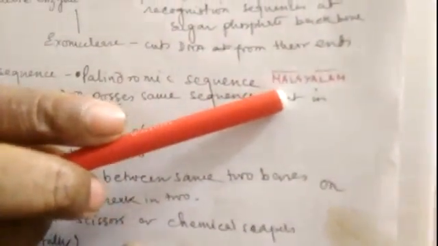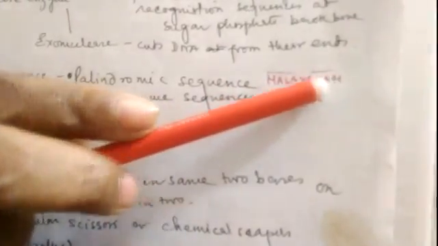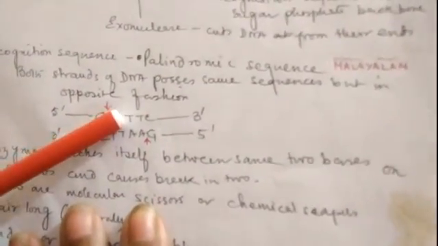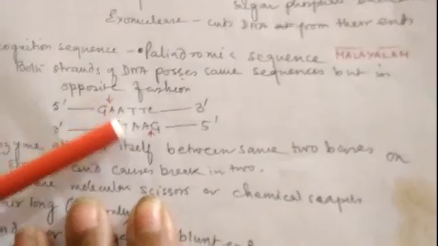We know what is palindrome. Palindrome is the mirror image. If we go for Malayalam, we can easily find out what is palindrome. M-A-L-A-Y-A-L-A-M. So M-A-L-A, this one, and this one is the mirror image. So palindrome is the mirror image of a particular set of letters. Now in DNA, the mirror image is present in the complementary strands.